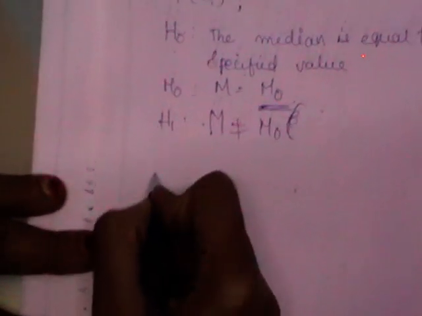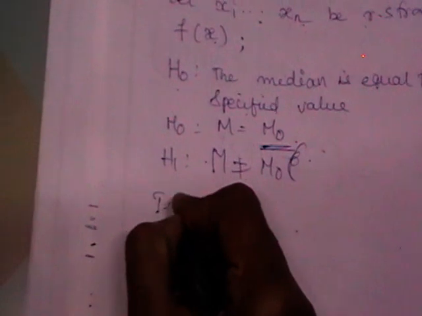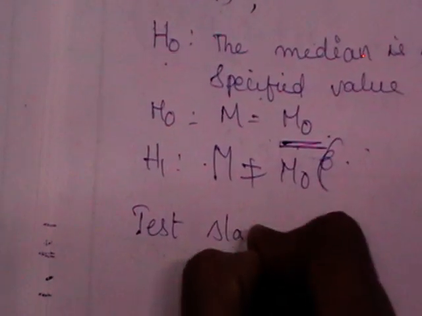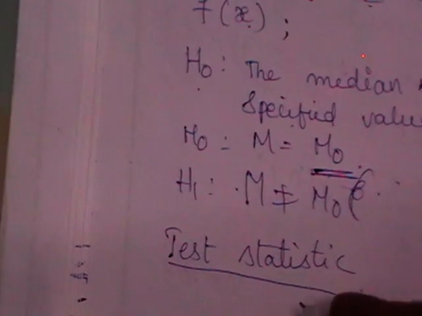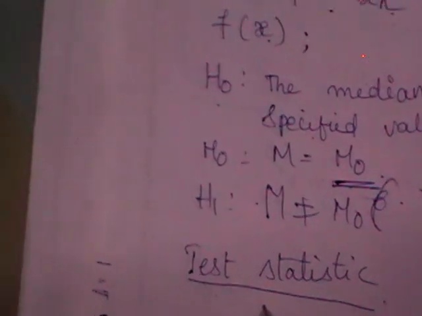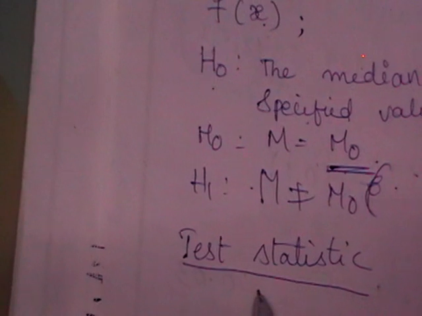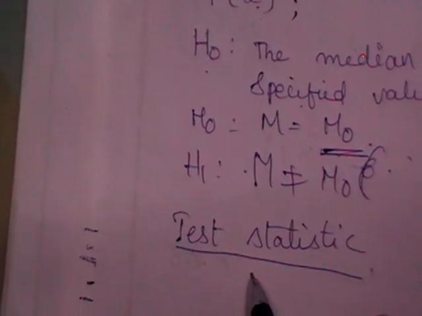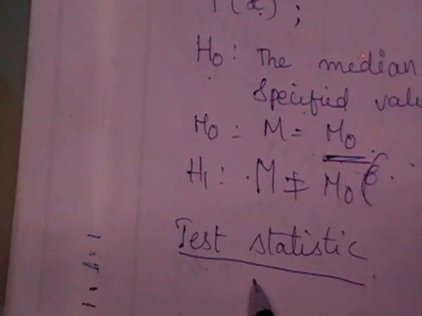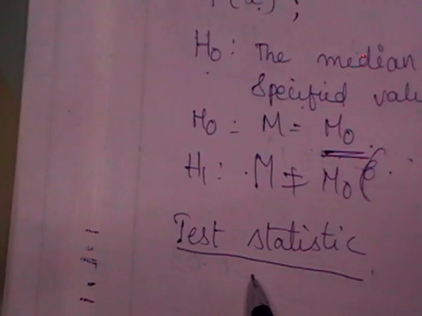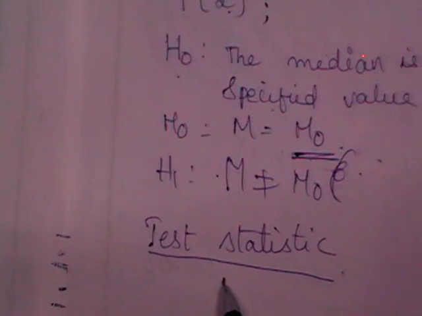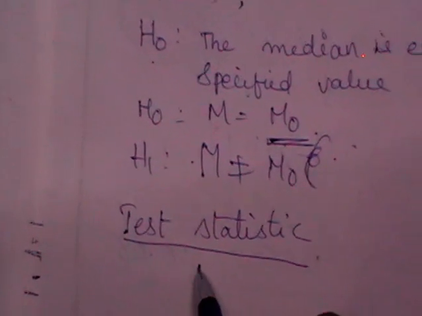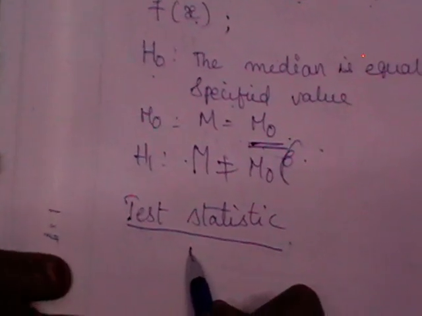So after writing the null hypothesis, what is the next step? You should frame the test statistic to get the decision whether to accept or reject the null hypothesis. If it is the sign test, we are focusing on the number of signs. If it is a run test, what is a run? As it is a new term to us, let us define run first. A run is nothing but a sequence of letters of one kind followed by another kind.